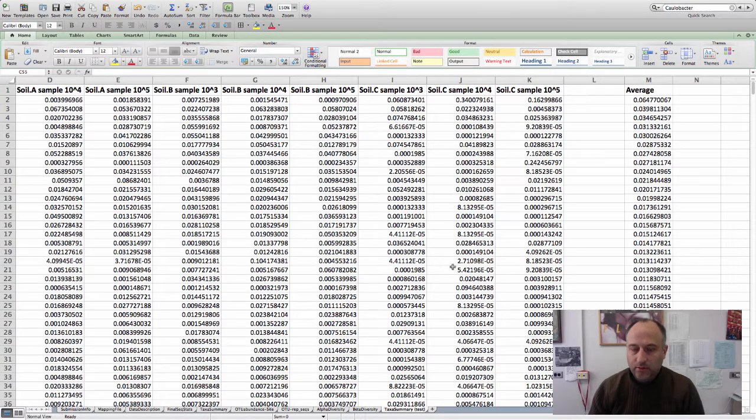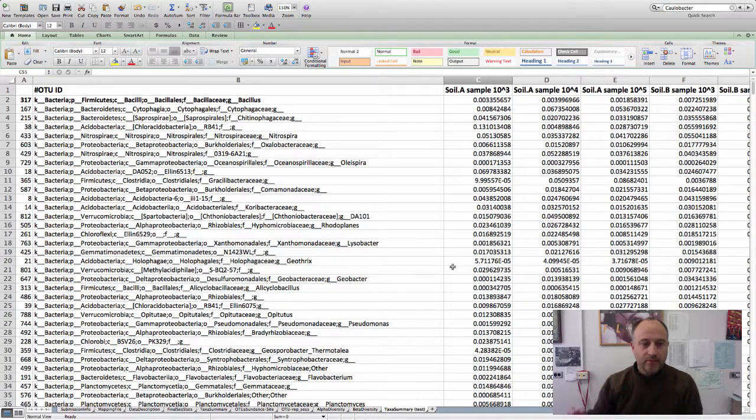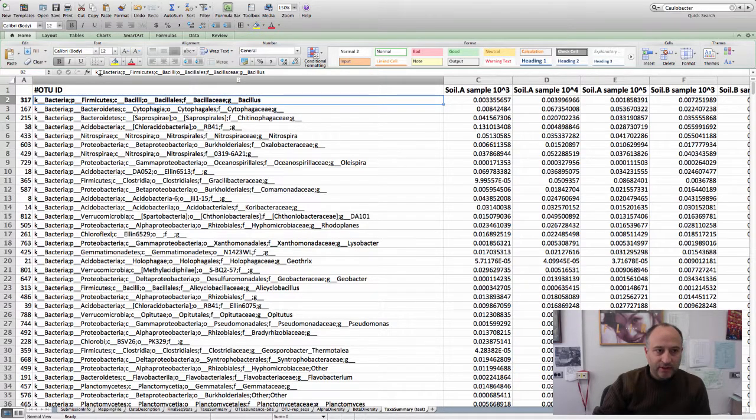Do some other manipulations with the data. We oftentimes want to look at the different taxonomic levels. Remember I said, we have everything through the kingdom, bacteria, through the genus, in this case bacillus. But in this particular format, it's not that useful because everything is in one cell, and it doesn't allow us to easily look at just bacillus or just genus or just phylum or class or order or what have you. So it would be nice to split this out so we could get each of those taxonomic levels